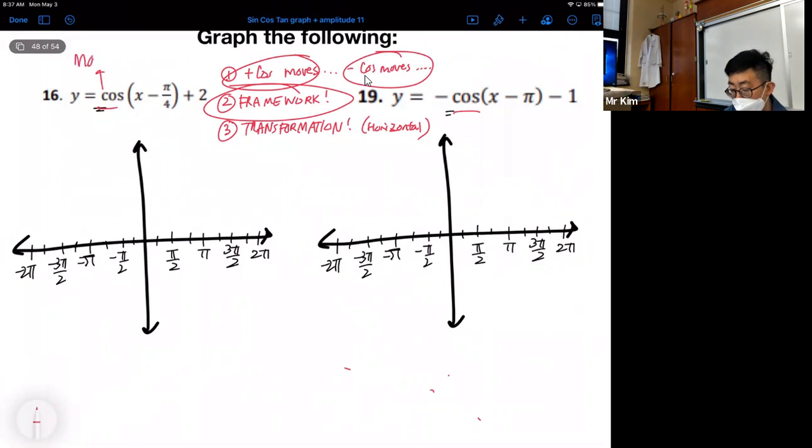So we start at max, right? Then where do we go? Obviously, the only place to go is down, and then it keeps on alternating. What about negative cosine? We start at